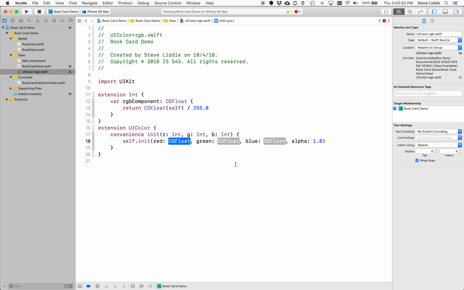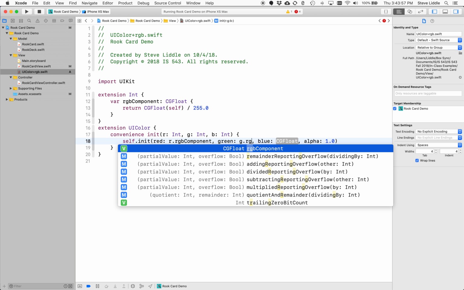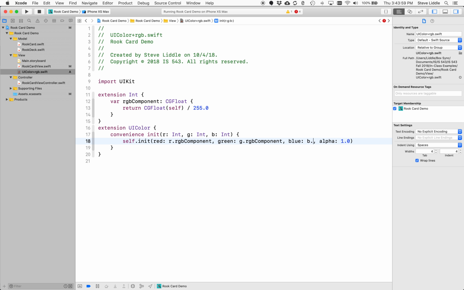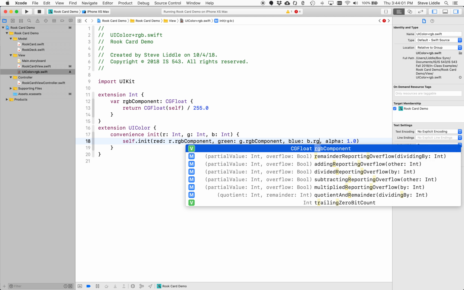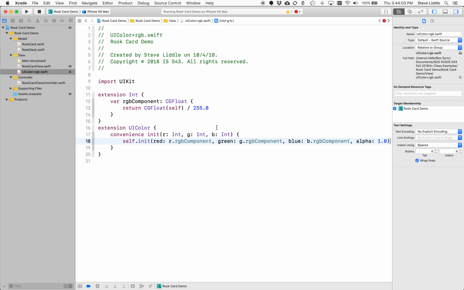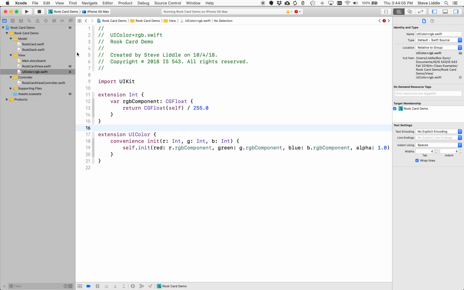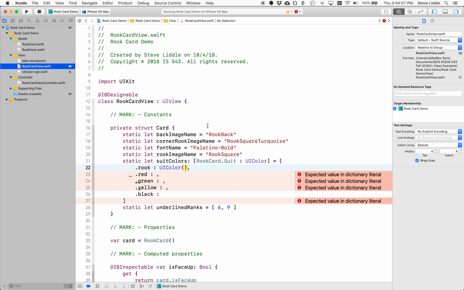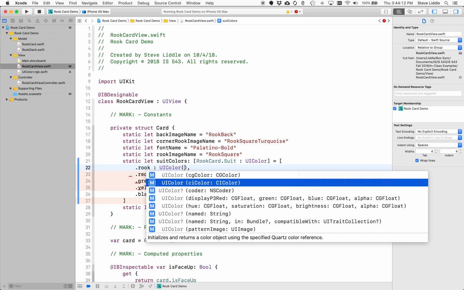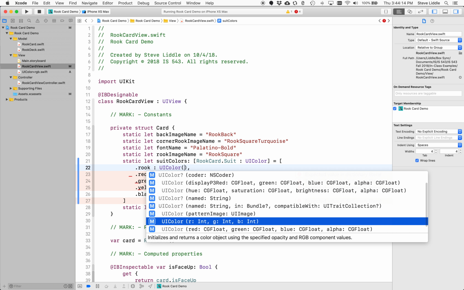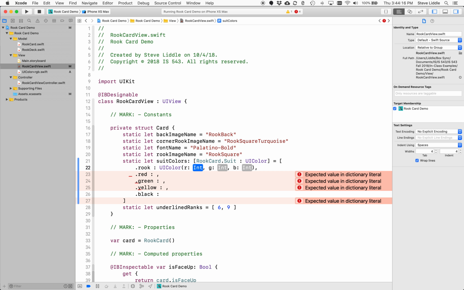And now I can use that extension to say I want the RGB component on red, green, and blue. Okay, and now I have my little UI color RGB extension, and I go back in here where I was, and now I can say UI color, and now somewhere in this list I should see, there it is, the RGB. Okay, so my color for the Rook is going to be that turquoise, which is 34 and 193 and 196,